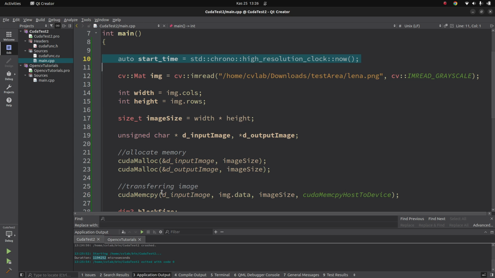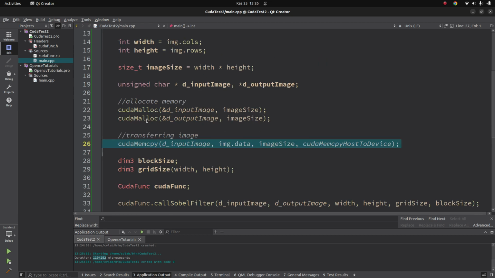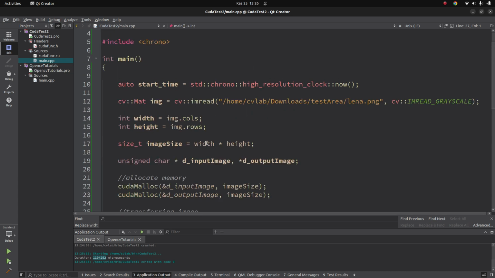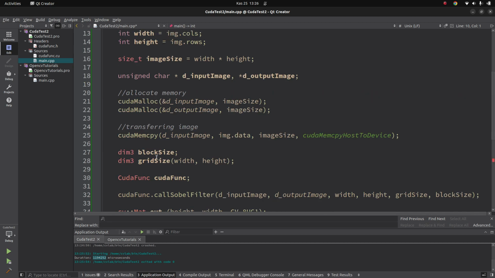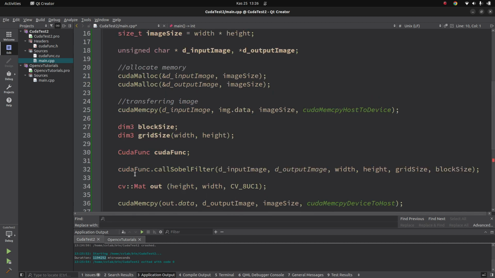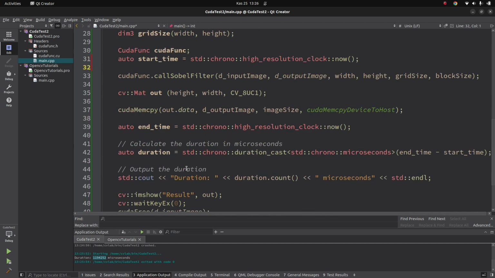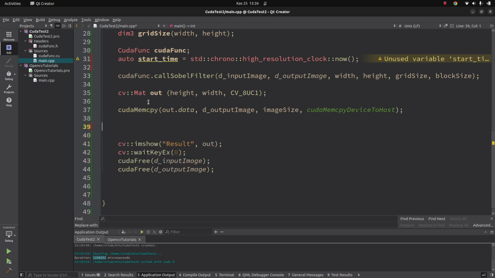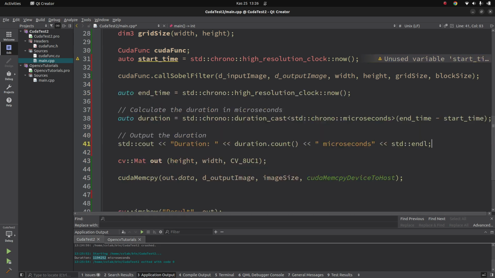But in this case, these things take a long time: CUDA memory allocation, transferring the data from device to device. These are taking huge time. But if you only take the time difference for the Sobel filter, just copy this one and put it after the function is done. If you only calculate the Sobel filter, you are going to get